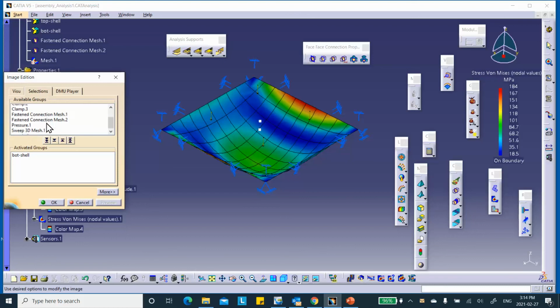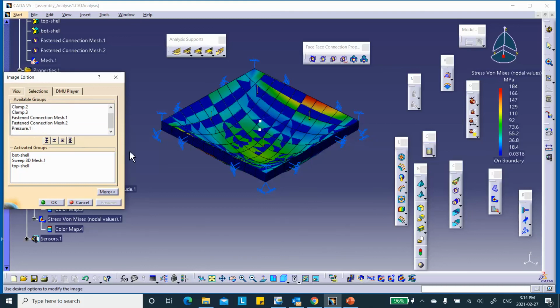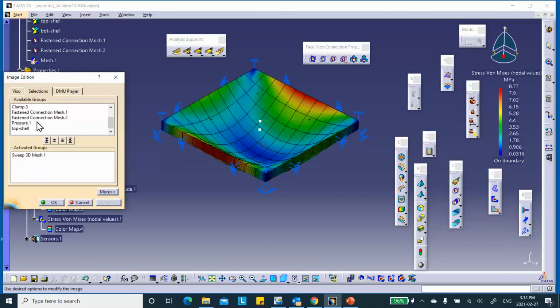And if you want to see the bottom shell, this was the top and this was the bottom. But if you try to plot the von Mises stress in the swept element, it won't give you anything. Okay, so let me take the sweep 3D element, come down. Well, actually, it does give it to you. I'm sorry. Now, this is the same contour that we looked at before, but you can visualize it this way